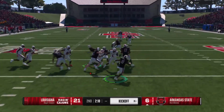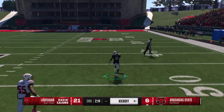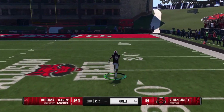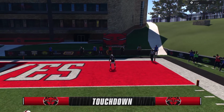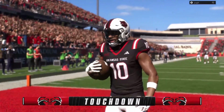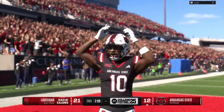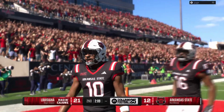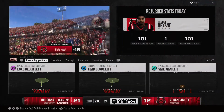Coming out with it, it's Bryant. Makes a move. He's on the loose. There he goes. He will score. Touchdown, Red Wolves. He just took it the entire length of the field, end to end, coast to coast, nationwide for the touchdown. And how about the fans in the stands going, no, take a knee, no, yes,